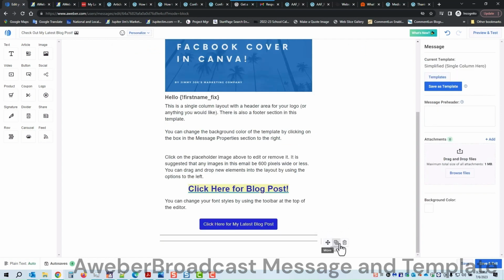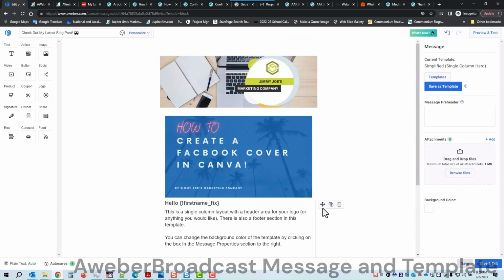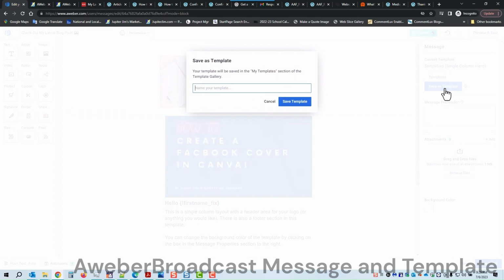Let's see if we can get rid of that. Okay, so we just have that one line. Now I'm going to click Save. So I'm saving the blog post, which was created using the simplified template. Now I'm going to save it as my own template, Save As, and I'm going to put